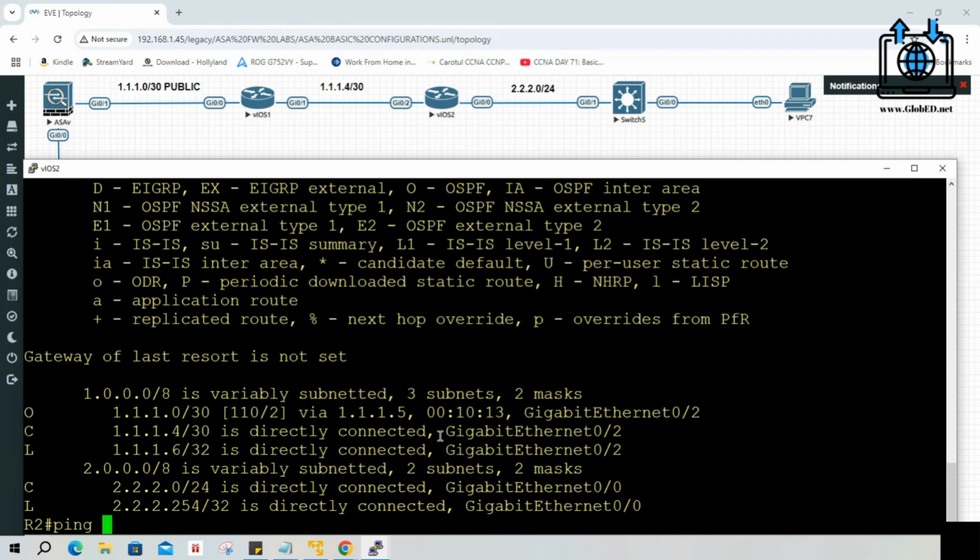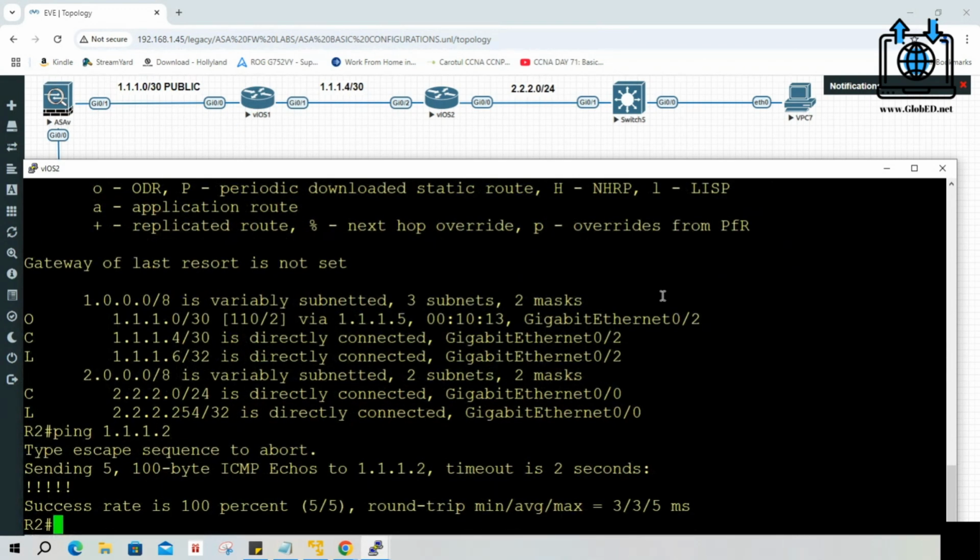So I can ping 1.1.1.6, which should be that right there, because this is not there. Sorry, 2, because this is 1.1.1.1 with a 252 or 30-bit mask. This should be 2 already, and we can ping. So we can literally ping all the way up to this point right here. So you can see what's going on.